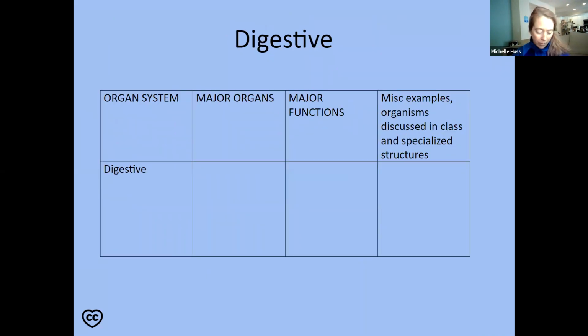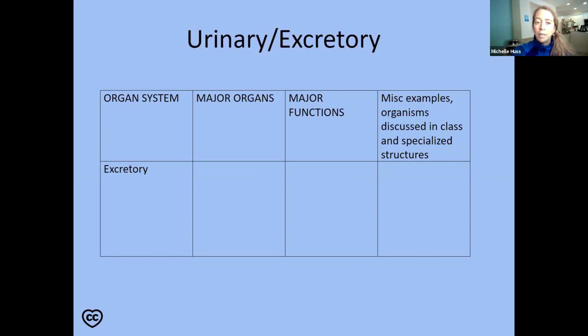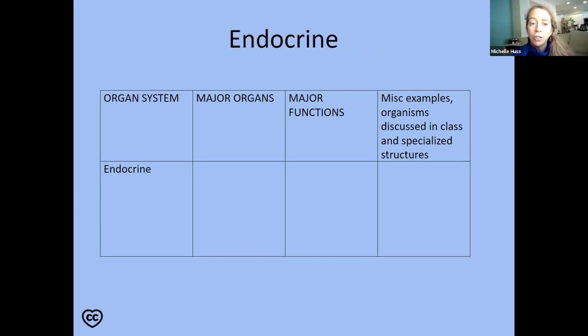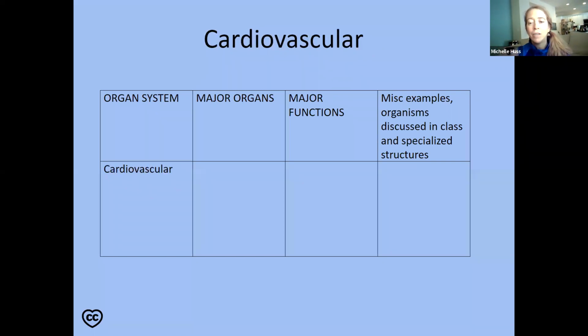Yeah. So D is for digestive, R is for respiratory, E is for excretory or urinary. Okay, so drummer's link is the U is for urinary, but we tend to say excretory. It's the same thing, yeah. M is for muscular, E is for endocrine, R is for reproductive, S is for skeletal, link, so L is for lymphatic, I is for integument, N is for nervous, and the last C, last but not least, is my favorite, is cardiovascular.